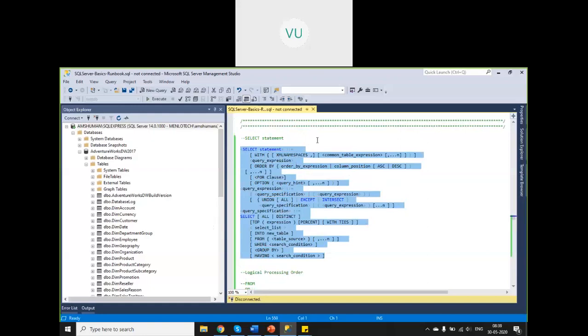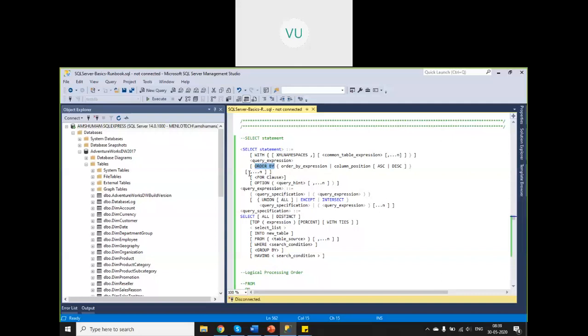The select statement can take the form of WITH, right? And there is something called common table expressions, which are useful if you have frequently running queries. You can use common table expressions, which is a bit of an advanced concept. And the order by clause is there. Order by is when you want to order your records, I mean sorting, based on a particular column value. You have to use this order by clause, right?